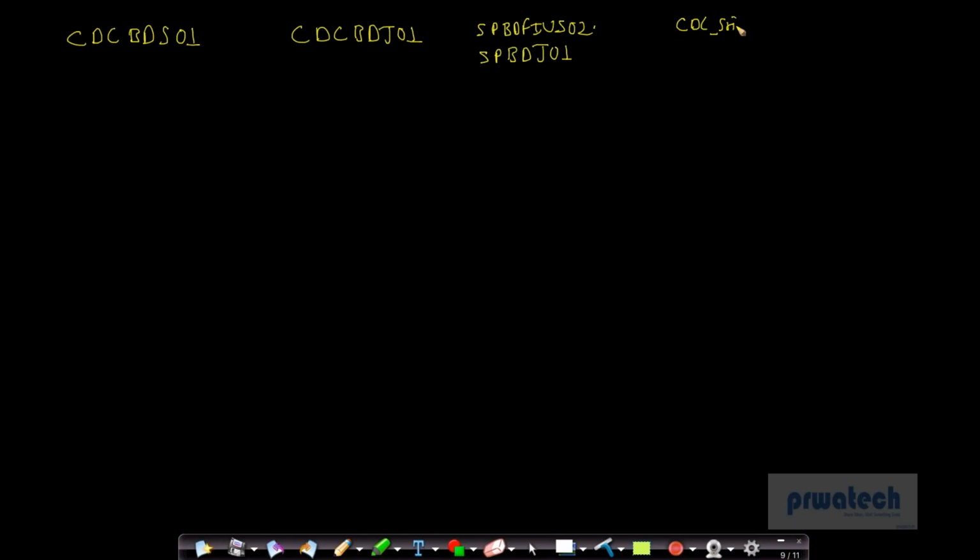CDC script dot sh, alert time, and likewise I will have total CDC BD J120, because 120 jobs are there. Then after that CDC SCD type 2, slowly changing dimension, SCD T2 BD